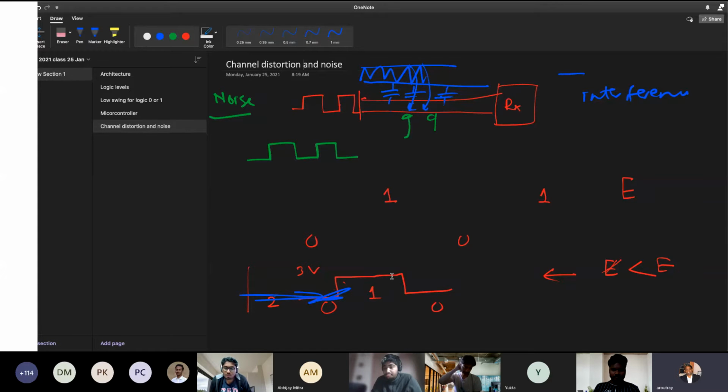What is the other cause of noise? Any idea? That is because of thermal noise. In electronic components, when heated up, a lot of random phenomena occur because of the movement of electrons. When the energy levels change, the charge carriers get perturbed. And since the voltage level is small, that is the electric field is small, these charge values might distort. They might not behave with the electric field because the thermal excitation may be much higher than the electric force being applied. Therefore, they will behave randomly and that adds to the randomness. One is thermal, one is interference.